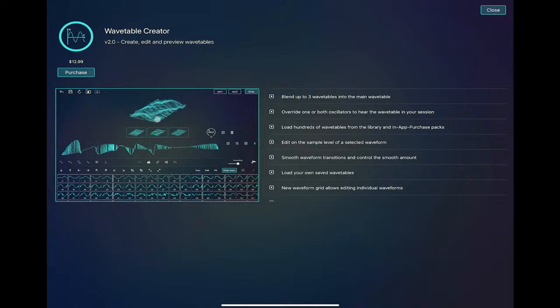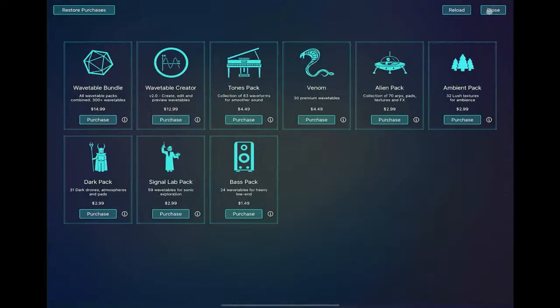Old arcade game. You had your Starfighter, and it was kind of semi 2D, 3D kind of thing. So yeah, this is how you can build your waveforms through there. And here is your purchase pack. So the first thing I'm going to do before I actually buy the Wavetable creator is purchase this next week